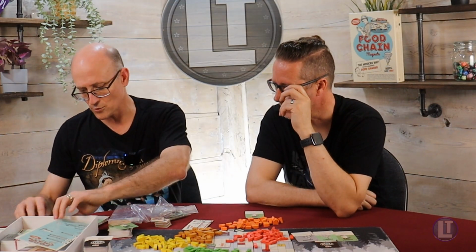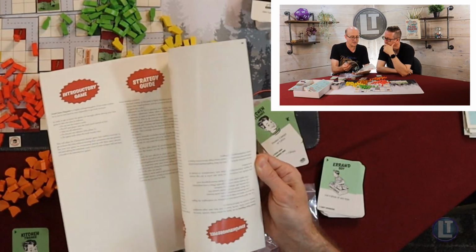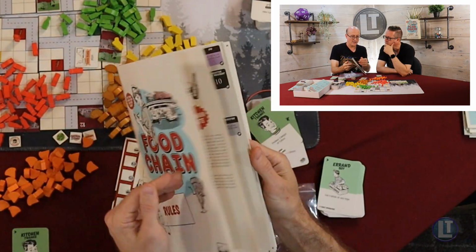If you actually look at the rules here, the rule book, I mean, there's some fine print, but half of it is in German. Oh, okay. So it's not even the full thing. Lots of images, yes. Yeah, so it's not too crazy. A couple of aids